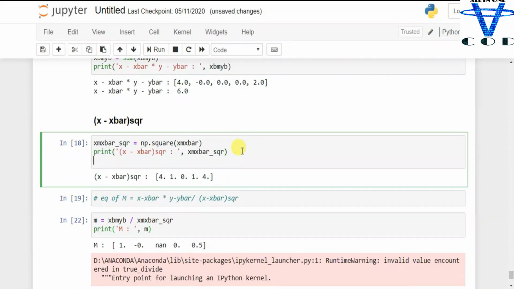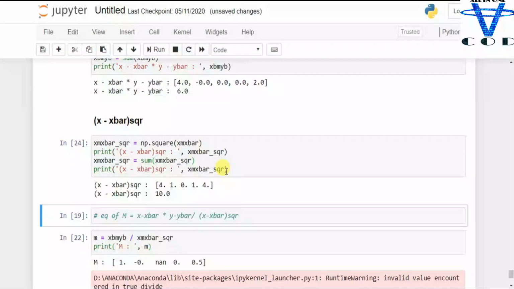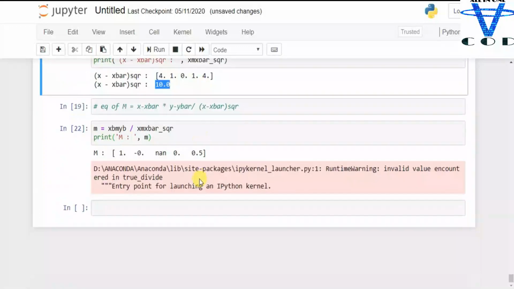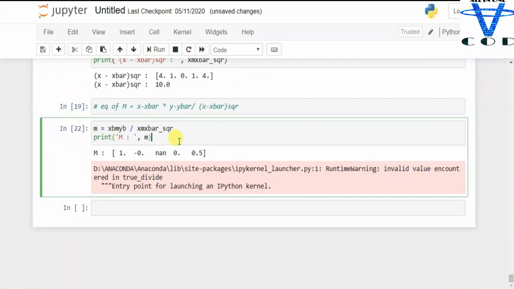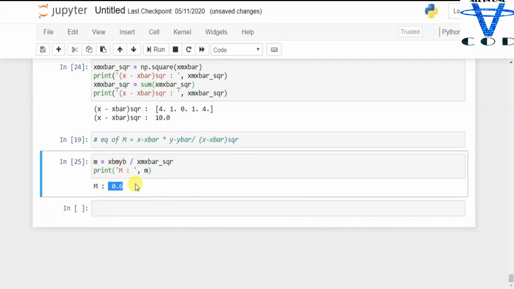Equal to sum of x minus x bar square, and then print this. So you can see we got 10, so that's how you can find this sum. And now whenever I run this, you can see the output is 0.6. So this is our m. So that's how you can find the m. Okay, we got m now, so that's good.